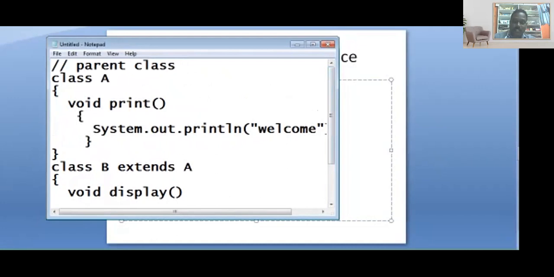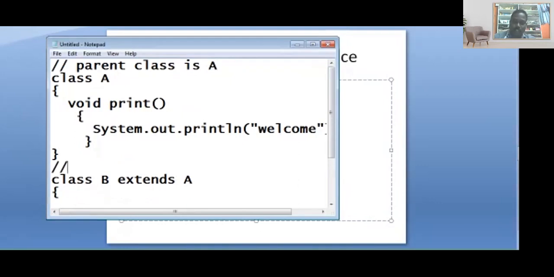The parent class is A. Now the child class is B. So we have class A, having the print method, welcome.